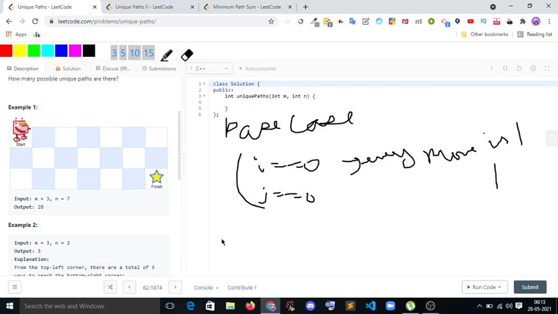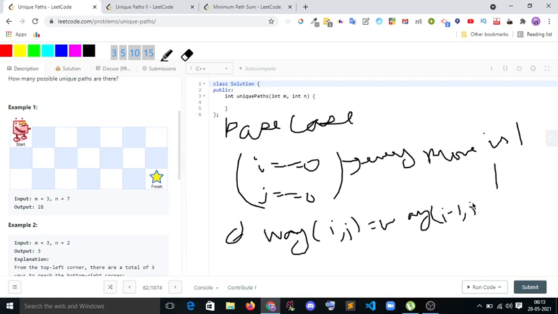Other than this, when i and j are not 0, if I really want to find how many paths there are, ways of i comma j should be equal to ways of i minus 1 comma j plus ways of i comma j minus 1. This is the recursive equation that you need to solve this question.